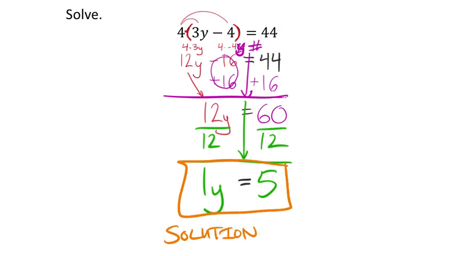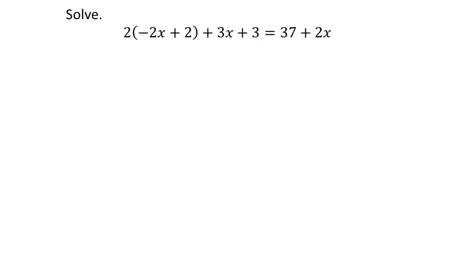Now, 5 is the only solution to this equation. Any other value, if you were to replace y with any other value, any other number, you would get a false statement, which is what we don't want. It's very large, but if we stick to the process, then we can kind of ignore some of these parts. Meaning, right here, I see